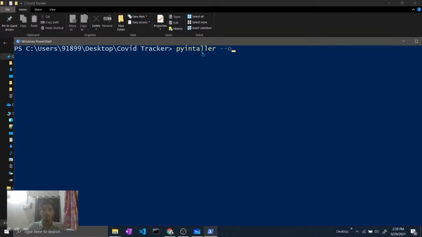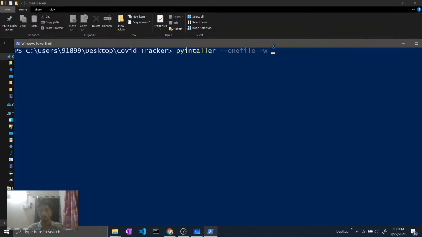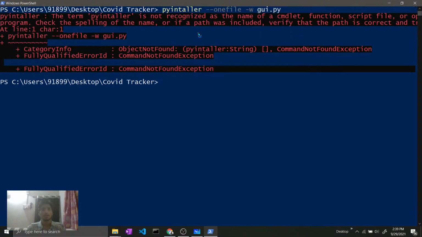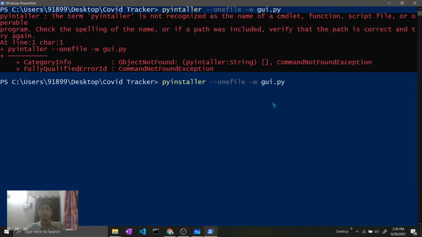hyphen onefile hyphen w, and the name of the file that you want to convert into the exe executable file. So in my case, it is gui.py. So I will write gui.py and hit enter. It says, oh, I mistakenly wrote py. It should be pyinstaller. Okay, installer. My bad. I'm sorry. If you run it again,